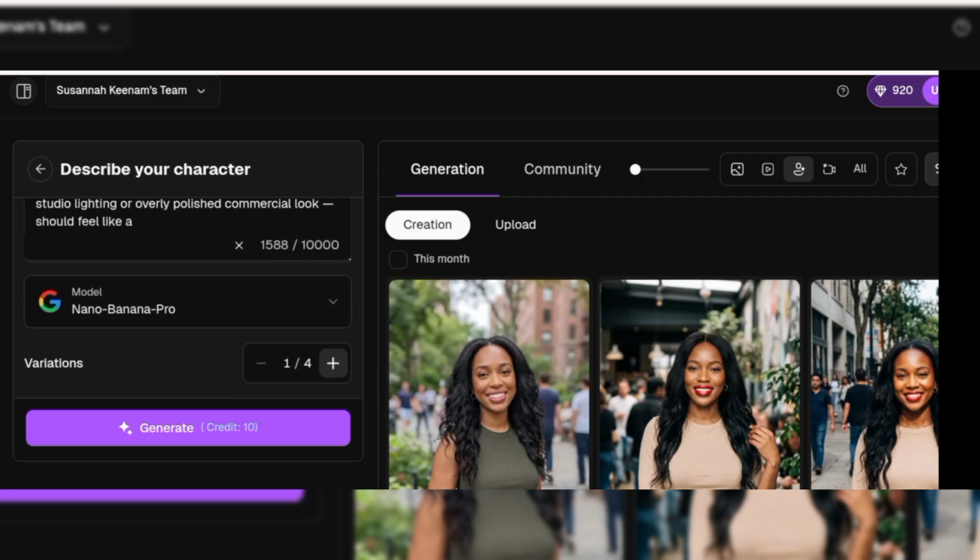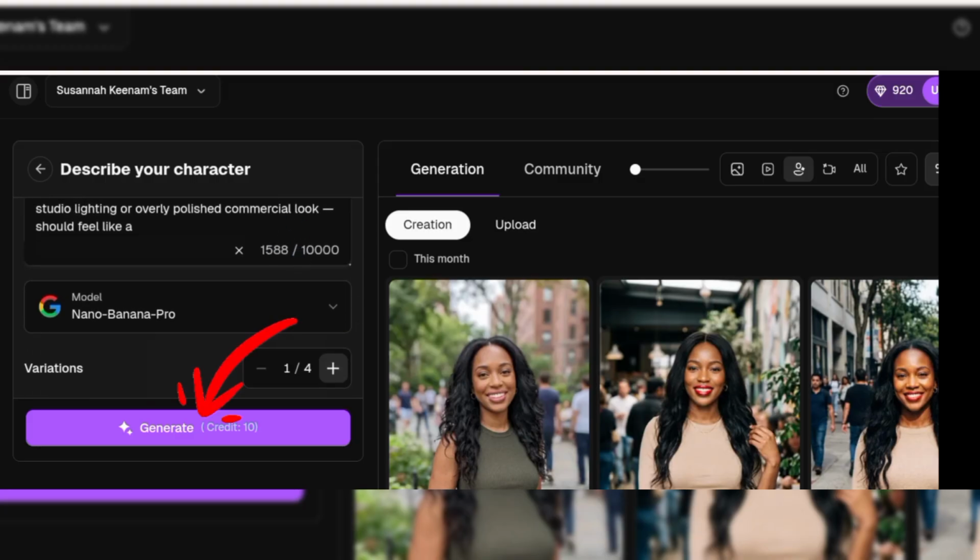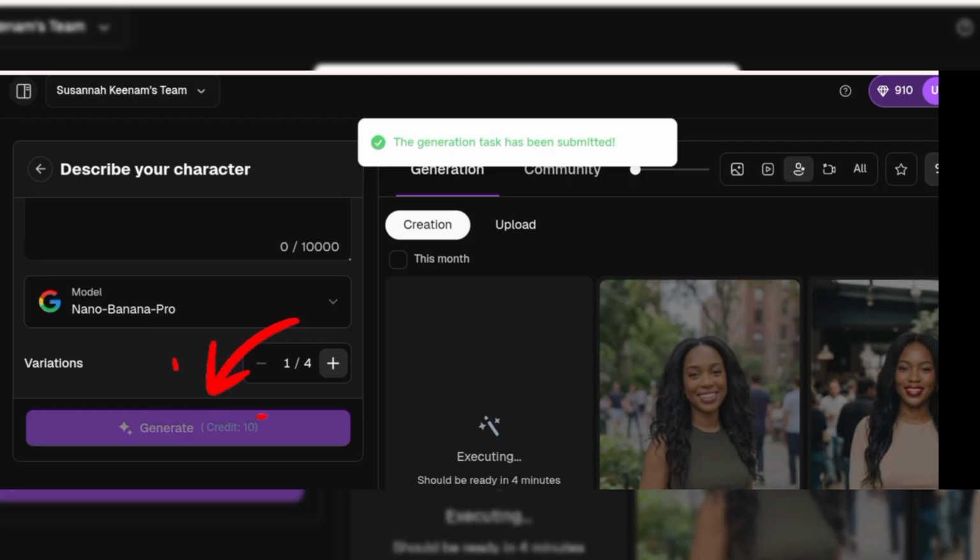These are the models. You can choose from any of the models. Then for the variations, how many outputs do you want? You can actually choose your outputs. Okay, so they are just using 10 credits to generate one influencer, so that is actually very fair and very okay. Once you're done with all your settings, you click on generate, and as you can see,